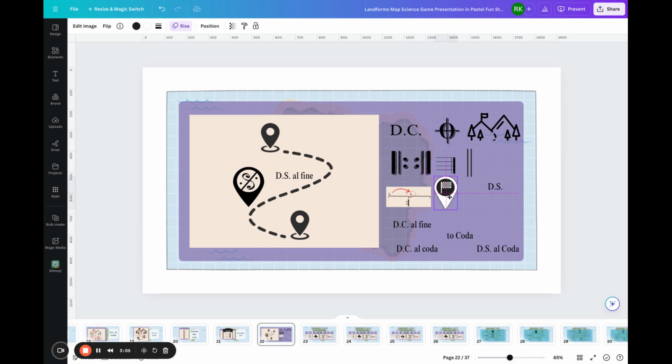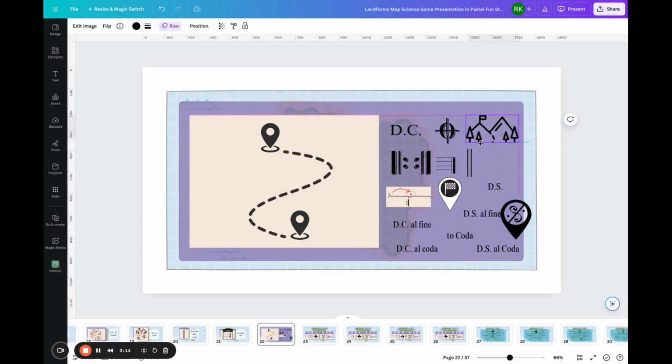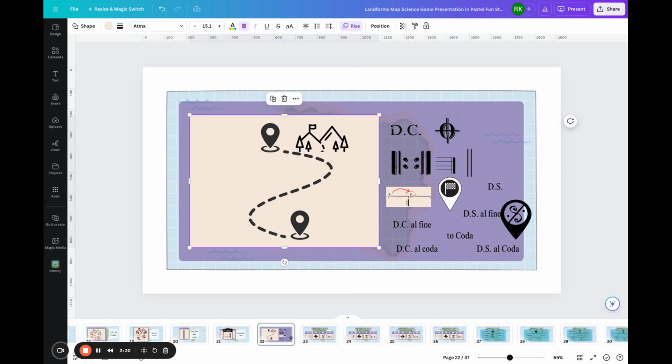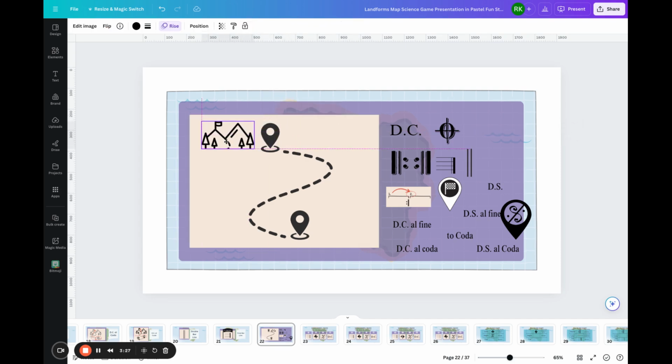Or you might have your super special thing, which is our coda. Previously I talked about coda being our special ending, kind of like Mount Coda. It's a special place we go to end the song. So I'm going to put that here at the end. It has this symbol, the coda, which kind of looks like a stop sign.